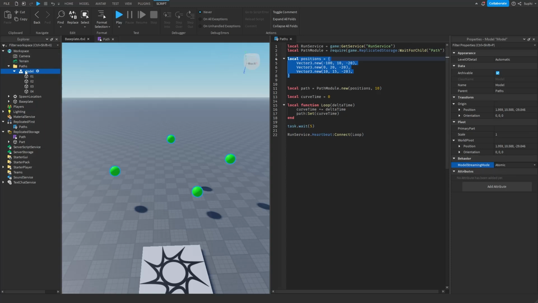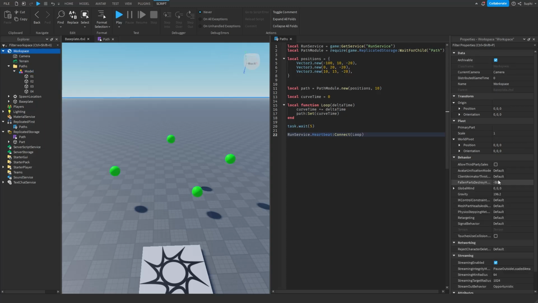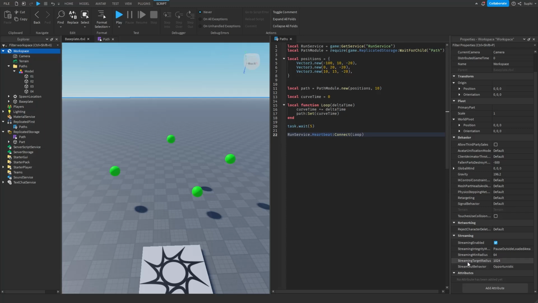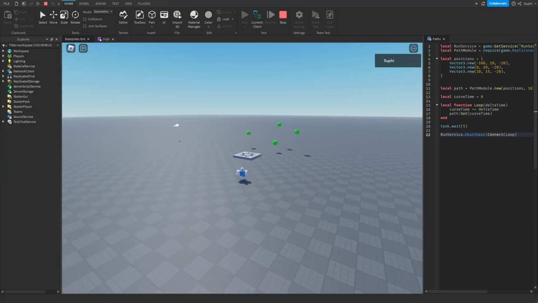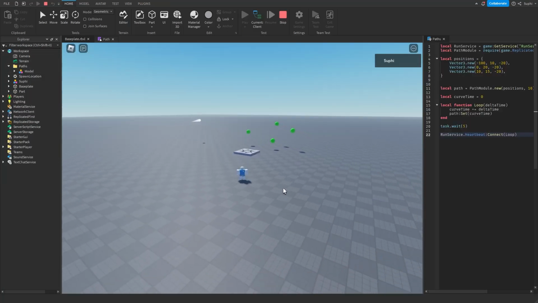And now this entire model will stream into the client at the exact same time. So that it's easier to test content streaming, what I'm going to do is inside of Workspace, I'm going to change StreamingTargetRadius to 128. And the next thing I'm going to change is inside of StarterPlayer, I'm going to set the CharacterWalkSpeed to 20. If we now test the game, and if we look inside of Workspace and inside of Paths,